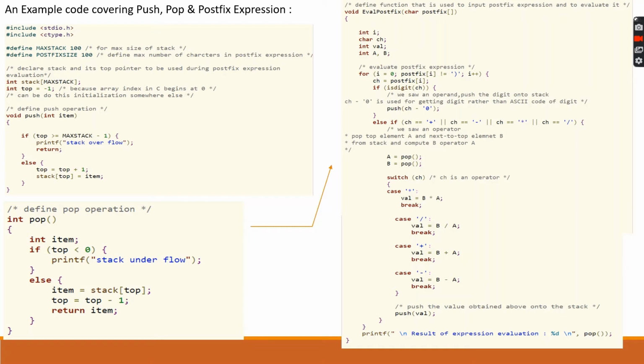So we make a switch case with ch as its condition. So case star: val equals b star a, break. Then similarly for other operations. Then finally after we get the value val, we push that value into the stack. Then finally we show the result of the expression evaluation as the popped value.